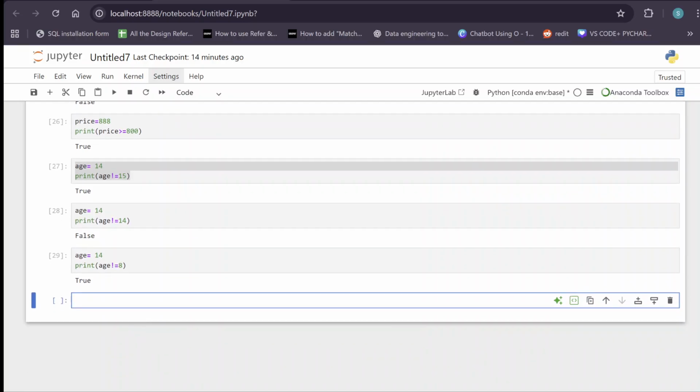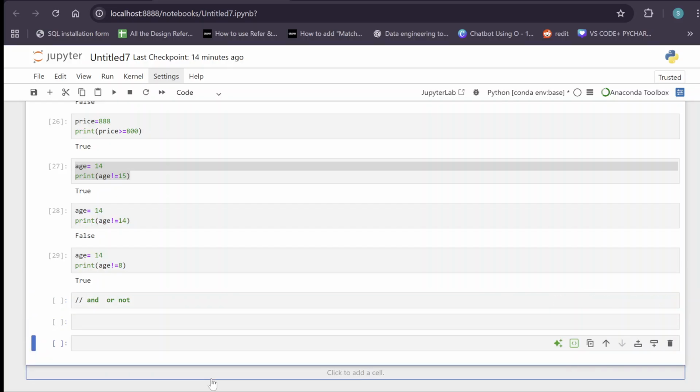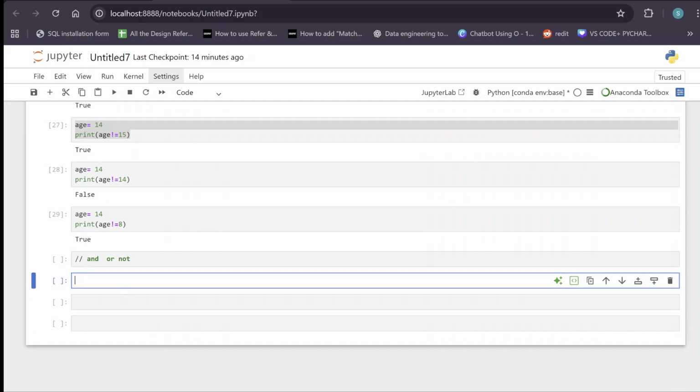So next we are going with logical operators. So what are the logical operators? We have and, or, not. These are the logical operators. Okay. So and,